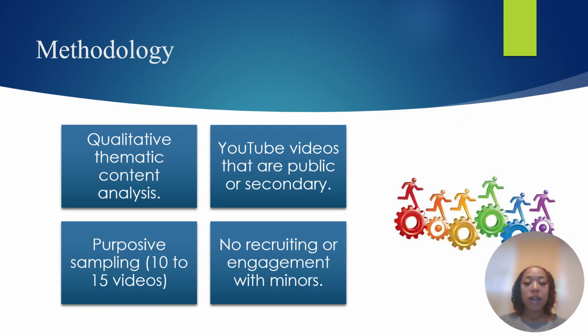This approach allows me to focus on observable behavior, such as whether the user hesitates, repeats tasks, expresses excitement or frustration, or responds to feedback. The analysis will be guided by Braun and Clarke's six-phase framework for thematic analysis and carried out using NVivo or similar software to help organize and code the video data.